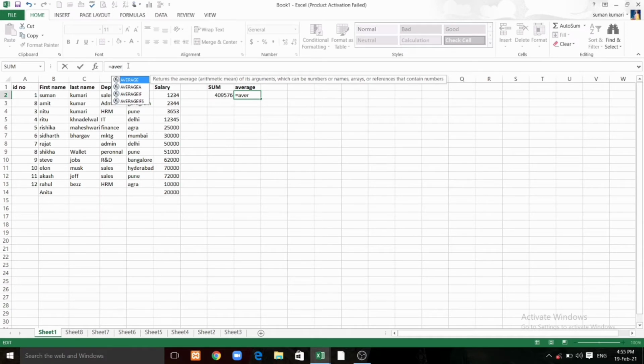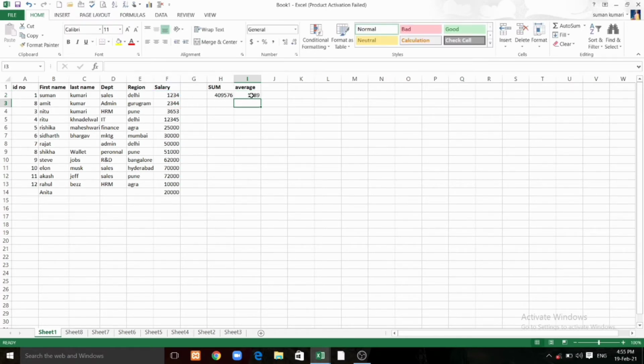You can use the tab key also and put the numbers for which you want to find the average. Like I want to find the average for these two employees, Suman and Amit. So what I have to do is just select this cell, put a comma, select this cell, close the bracket and press enter.